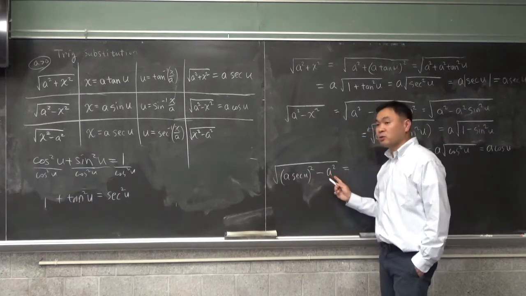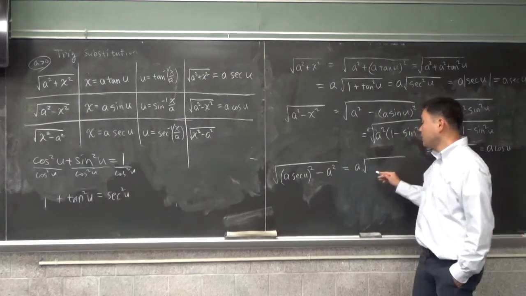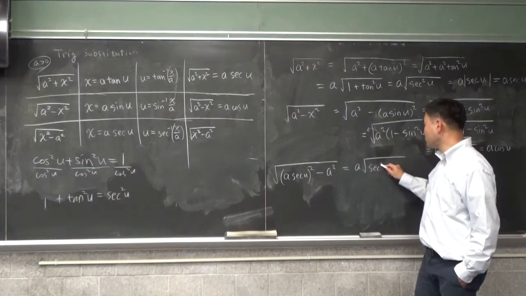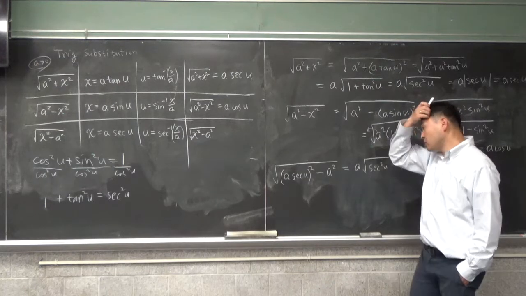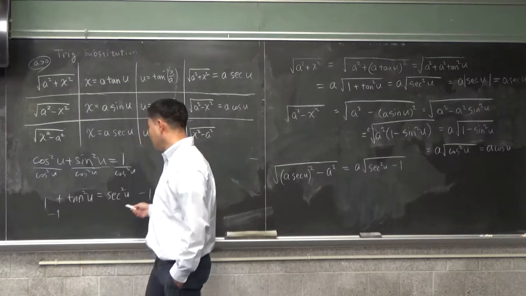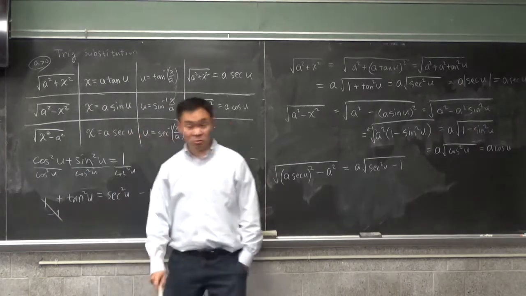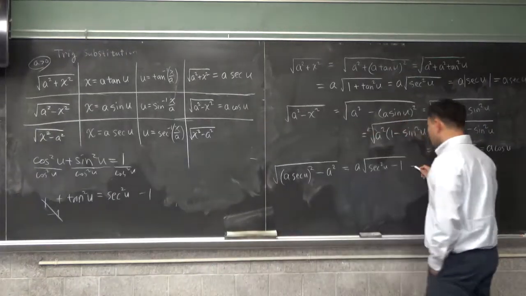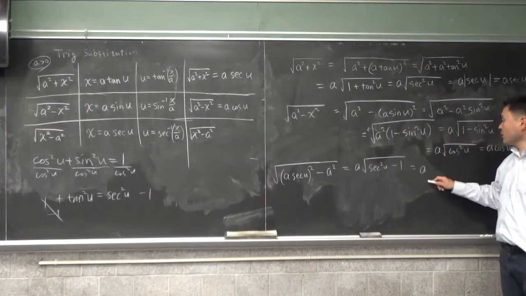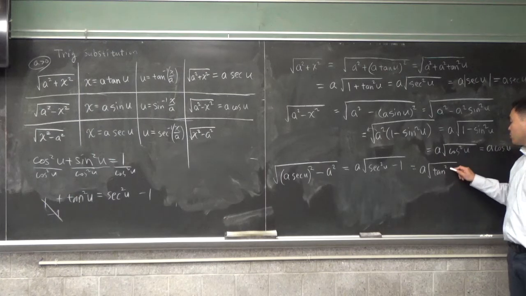Then a squared can be pulled outside as a, and you have secant squared of u minus 1. But then we know that secant squared minus 1 is tangent squared, right? So this will become a times square root of tangent squared of u,